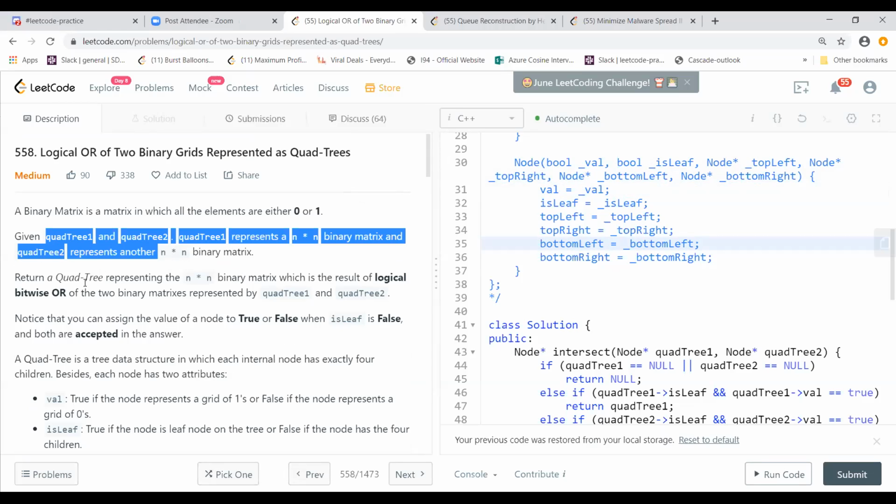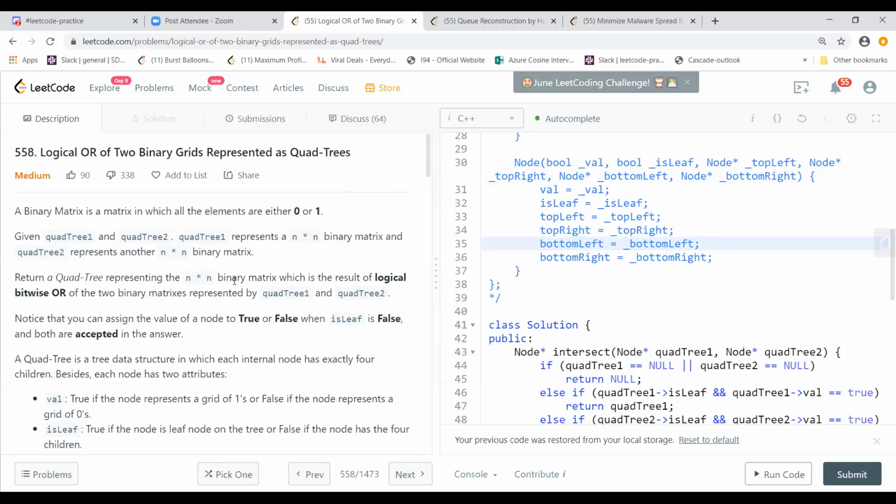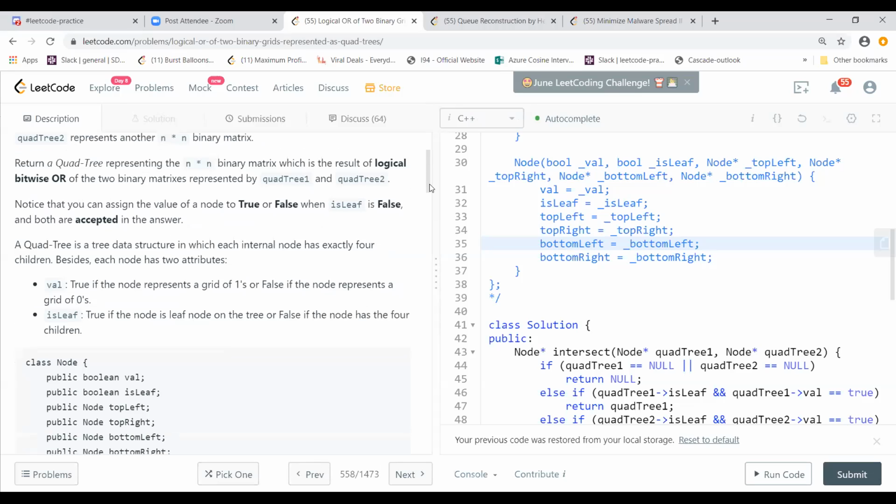We need to return a quad tree representing the n by n binary matrix which is the result of the logical bitwise OR of the two binary matrices represented by Qt1 and Qt2. Then they note that we can assign the value of a node to true or false when leaf is false, and both are accepted.